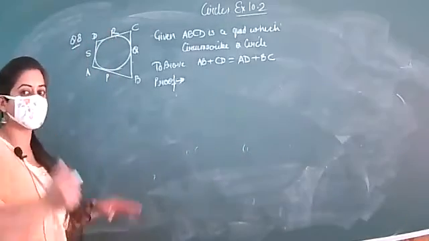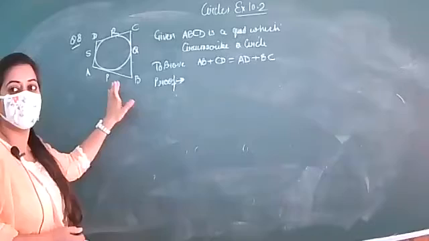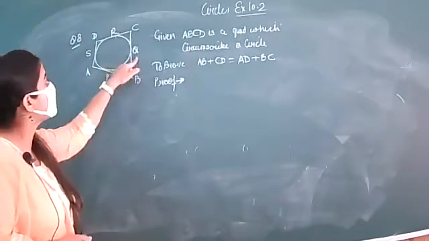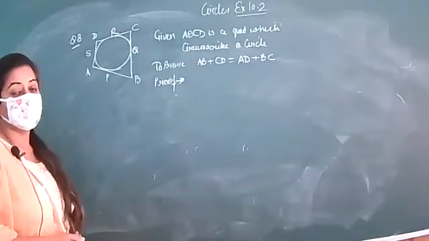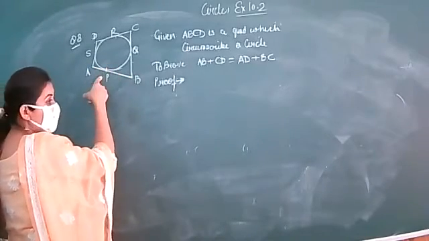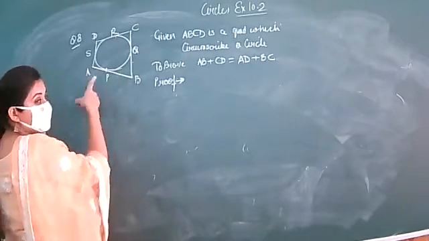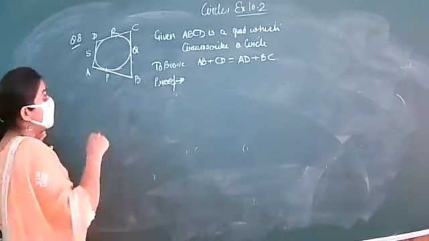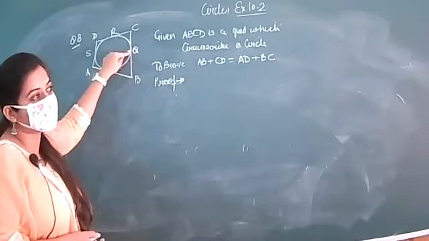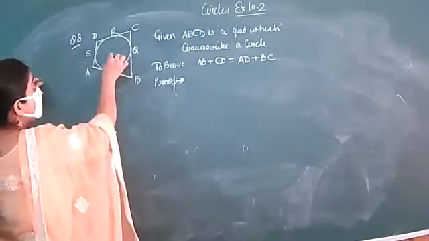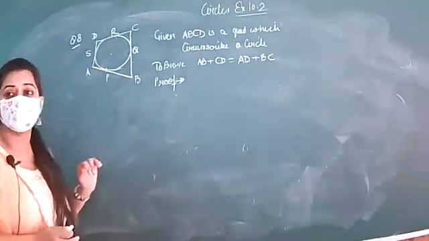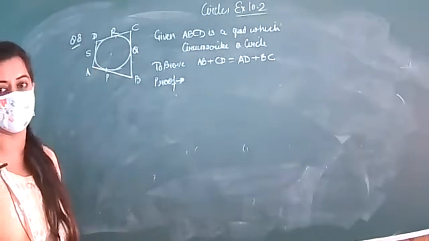Now look here, in question number 8, you have been given a quadrilateral which circumscribes a circle and touches the circle at 4 points P, Q, R, and S. As you can see, this line AB is touching the circle at the point P. That means this line AB is a tangent and P is the point of contact. In the similar manner, BC will also be a tangent and the point of contact is Q. So if you draw the line from the center, but the center is not given, you can't apply the first theorem because the radius is missing here.